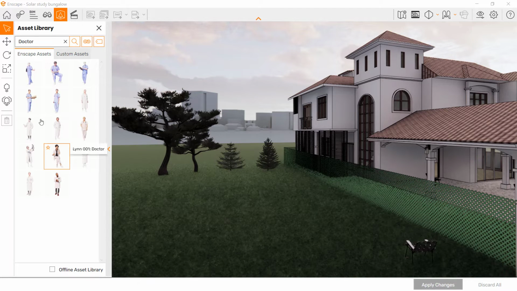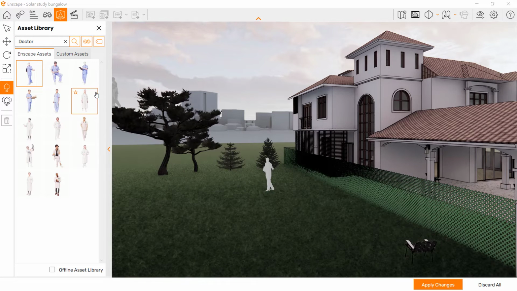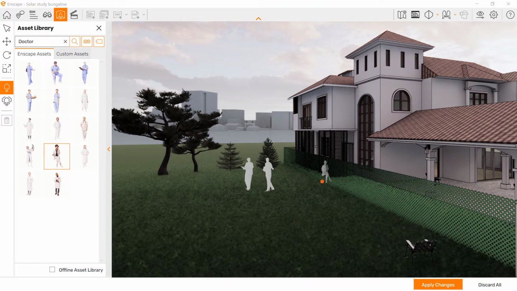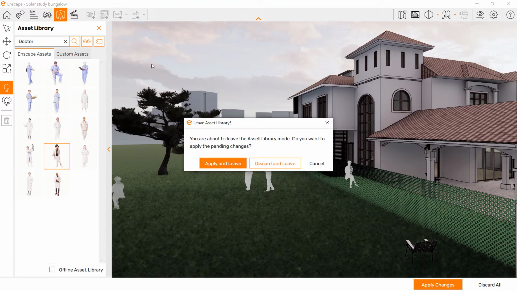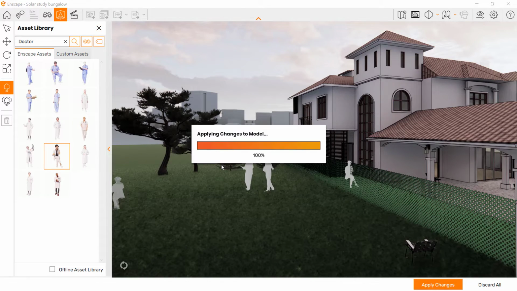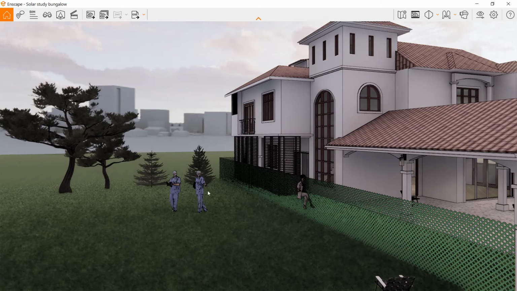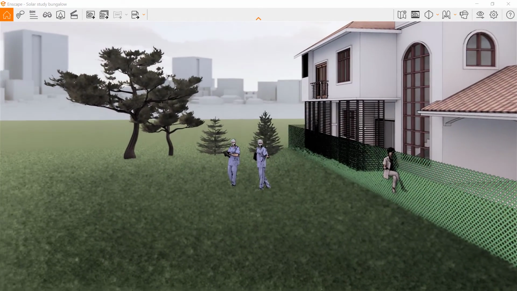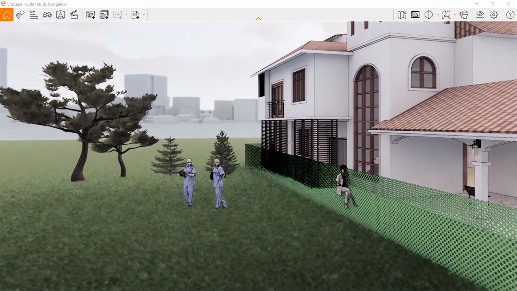Type in person, and hopefully it'll find some people that I can put in there. Let's go with a doctor. To insert them, you just click on them like we did before, place them in your model. There we'll place somebody sitting down. She can be sitting over here. And like I said, close the asset library and apply these elements. Now what's really cool about this is besides the fact that they're immediately rendered with the characteristics that you have in your view,